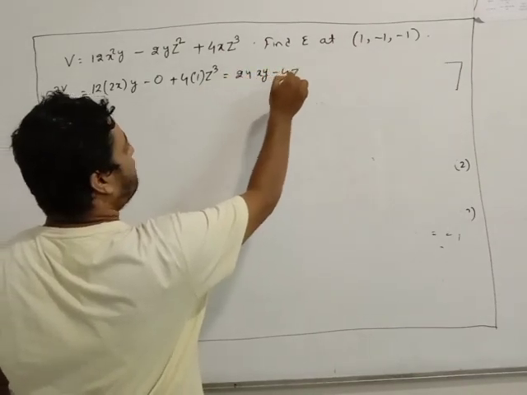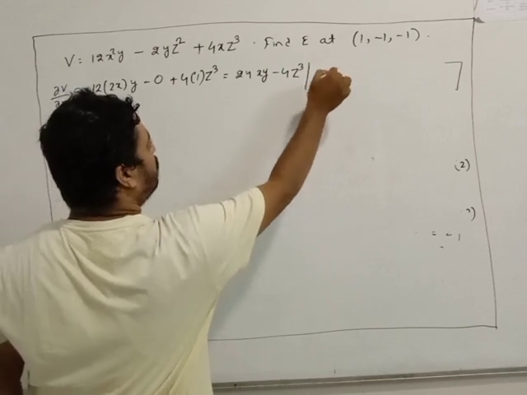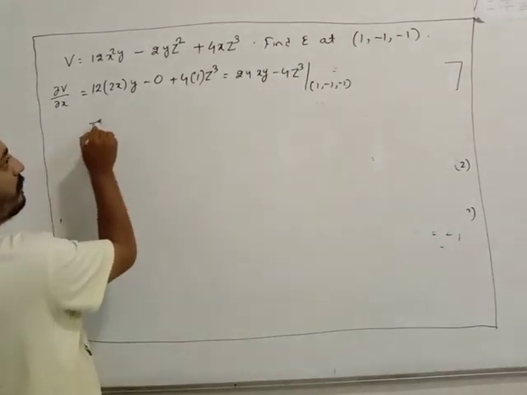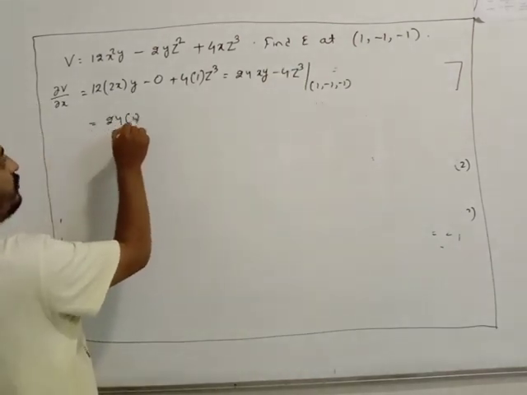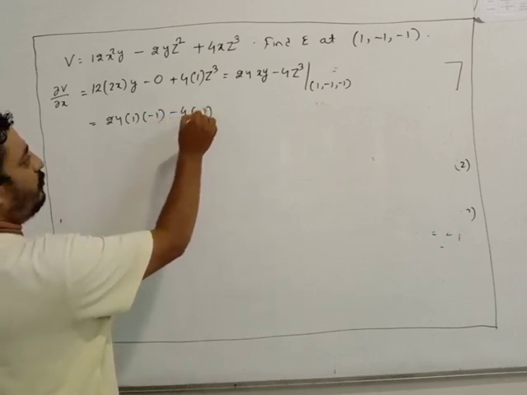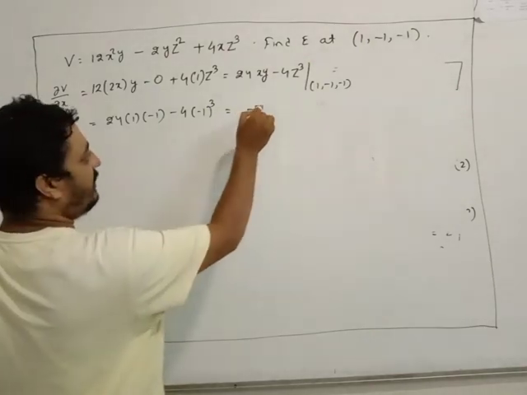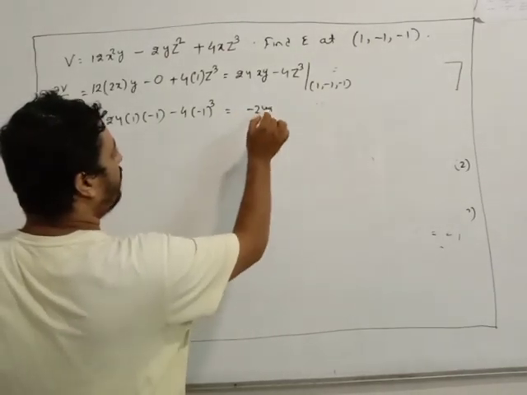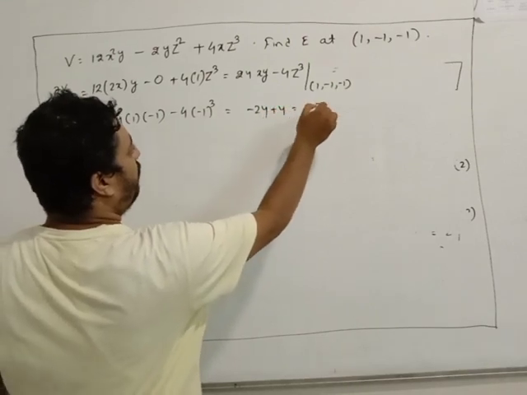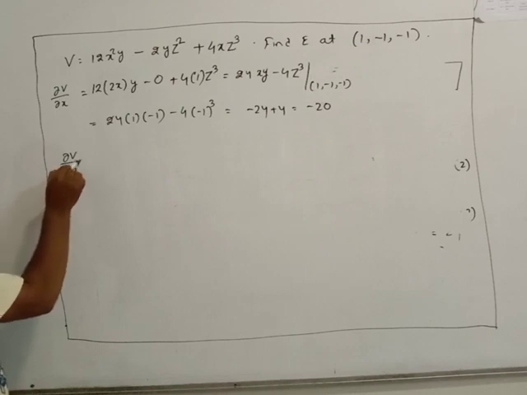minus 4z cube, and the point is 1, minus 1, minus 1, so it will be 24 into 1 into -1 minus 4 into -1 cube, which is equal to minus 24 plus 4, that is minus 20. Similarly, dou v by dou y,